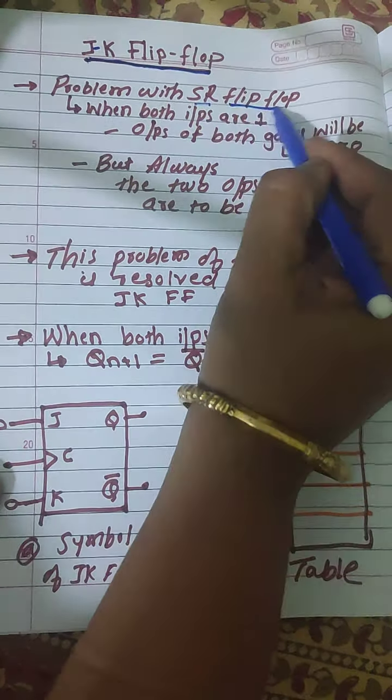When Q is 0, Q is connected to the AND gate where K is connected, and Q bar is connected to the AND gate where J is connected. So here it is Q, this is Q, this is Q bar. Now let us take Q equal to 0 and first see what S will be. Q bar is connected here. So when Q is equal to 0, Q bar is 1.